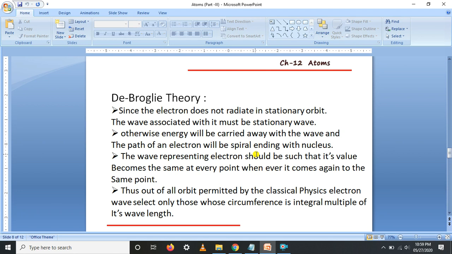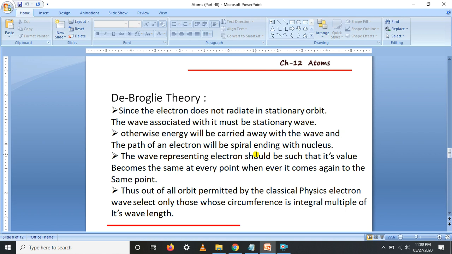So whenever the electron is revolving in an orbit like a stationary wave, and it carries some energy with it, then what happens? The electron will lastly